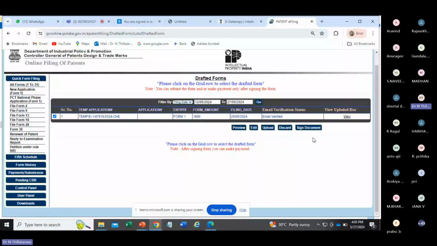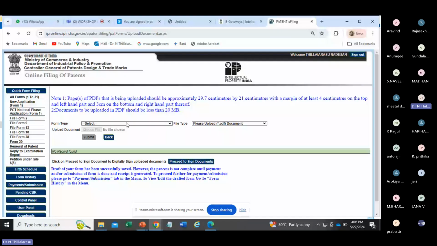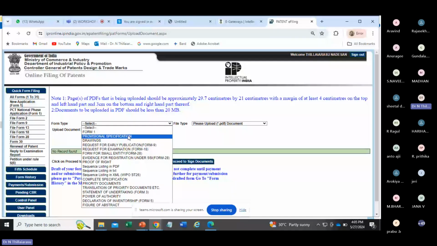If you click upload, then you are supposed to upload all these documents: form 1, provisional specification, drawing, request for early publication, request for examination, request for small entity, whichever is applicable to you.